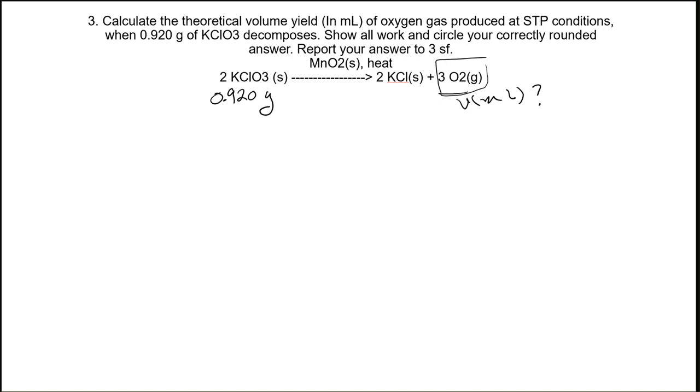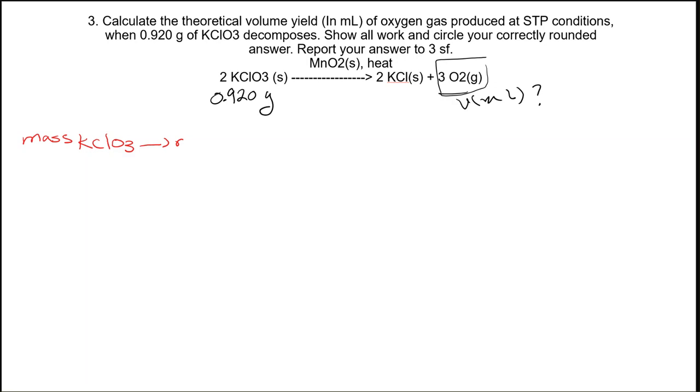So we're looking at a balanced reaction for the decomposition of potassium chlorate. And keep in mind that whenever we talk about quantity, it's all about mole to mole ratio. In order to find the amount of oxygen gas produced, we're going to do some stoichiometry here. So what I want to do is, from the mass of potassium chlorate,